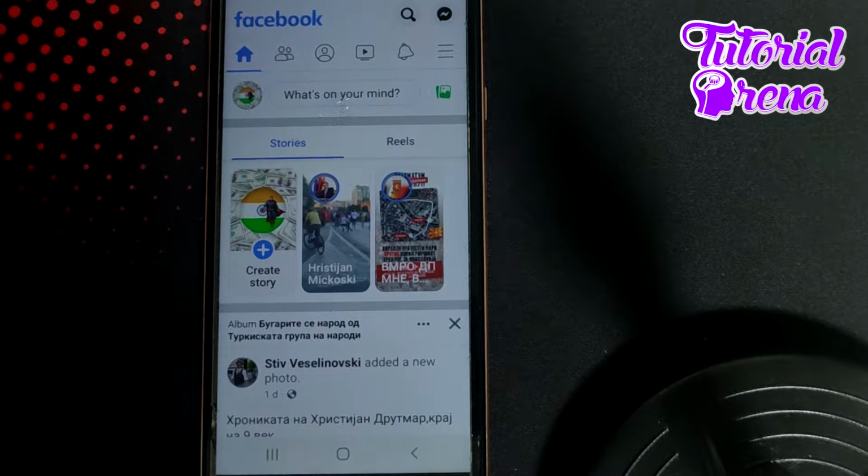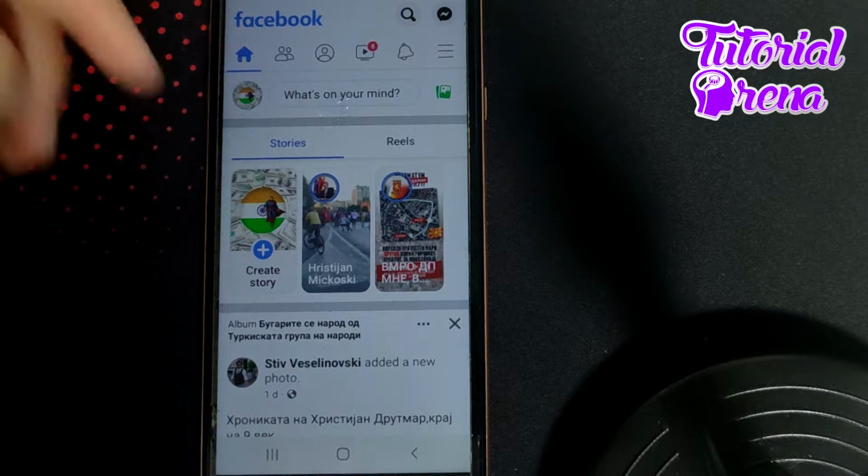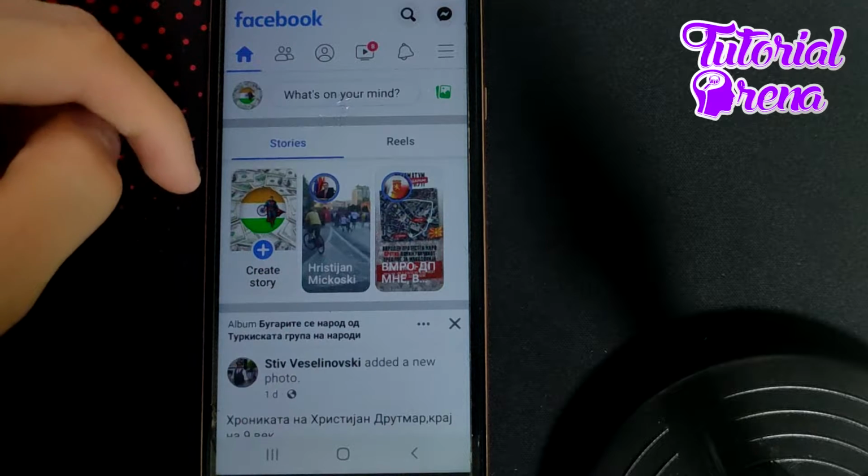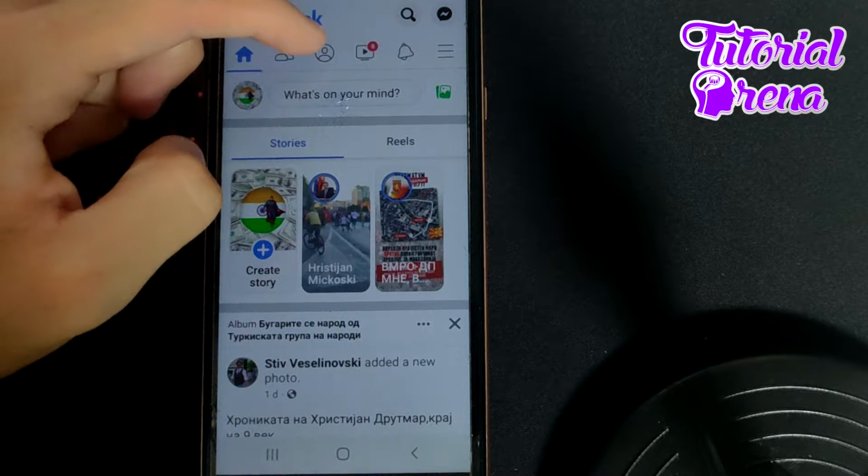How to add social links on Facebook profile. Firstly, when you open up your Facebook application, you need to tap on the third selection, which is taking on